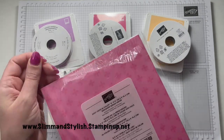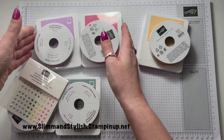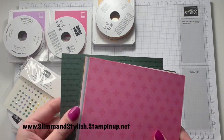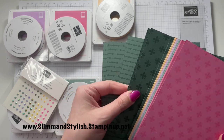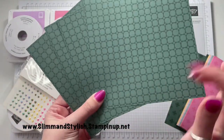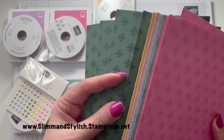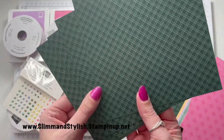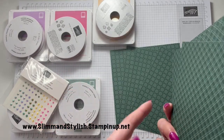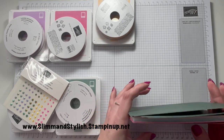Also, there is some 6x6 in colour designer series paper to match. So let me just move these to the side. The paper is also included in the in colour clubs. Okay. So the patterns you get are these sort of line patterns with the dots, and then this one here. And the other pattern you get is this sort of flowered and then the check one. Okay, and you get 4 of the double sides. You get 8 of each colour, and you get the same pattern in every single colour,